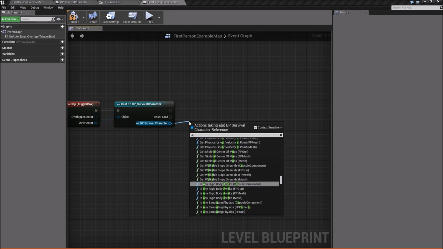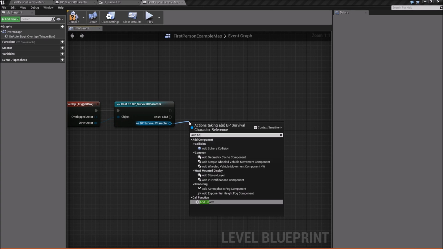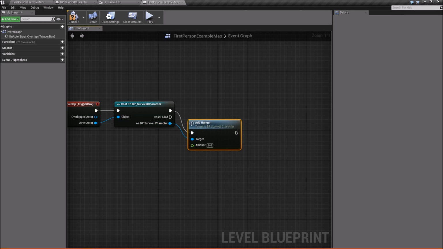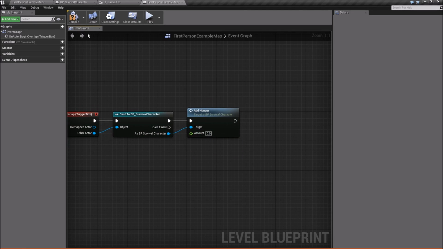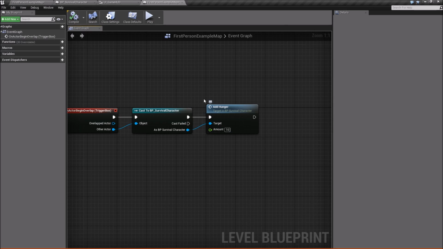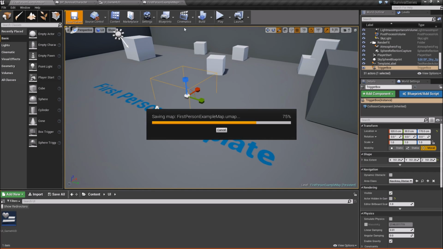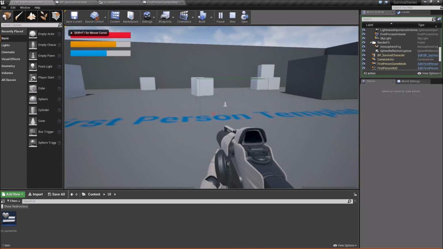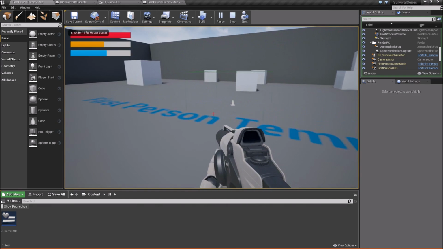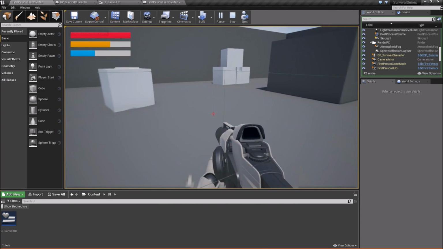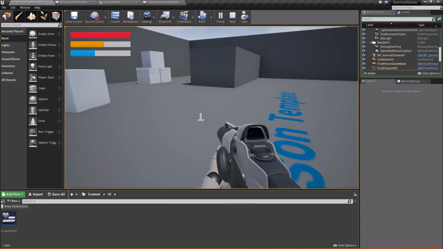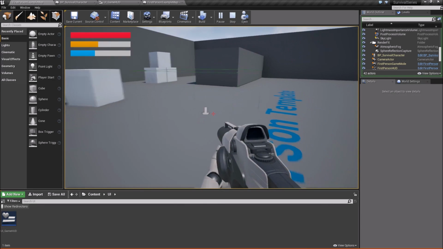From there, we're going to call add health, or actually no, add hunger. Okay, and did I not give it a default value? Whatever, we'll say like add 10 or something. Okay, so when we add 10, what it should do is reset or unpause the timer. So like if we walk over it right now, you see the timer's still going to work. We're just going to keep losing